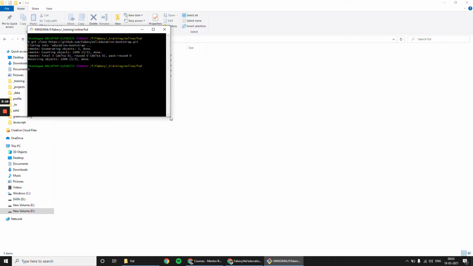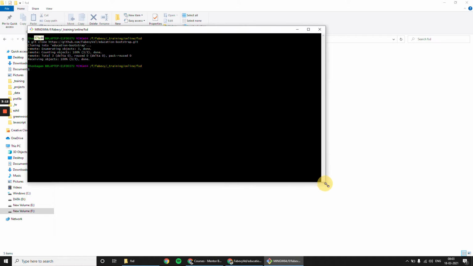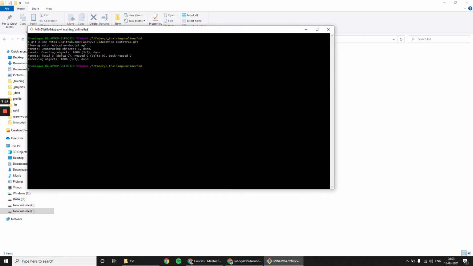If it is the first time you use it on your machine, it will ask for your login credentials. Or since it is a public repository, it may not ask for login credentials when you clone it, but when you are trying to push some code, it will ask. Fine.